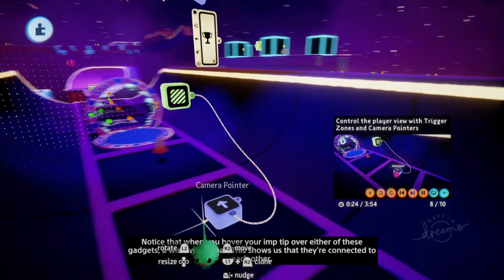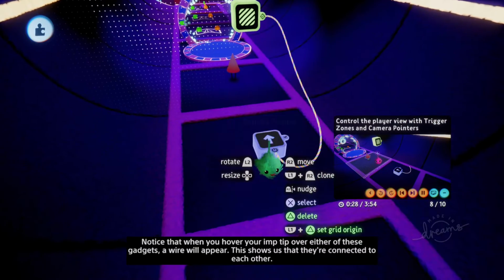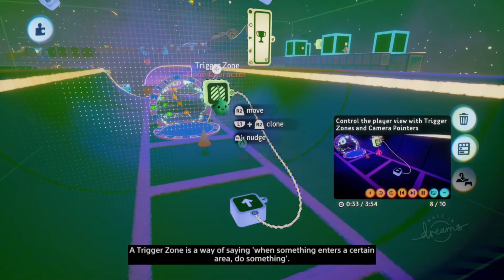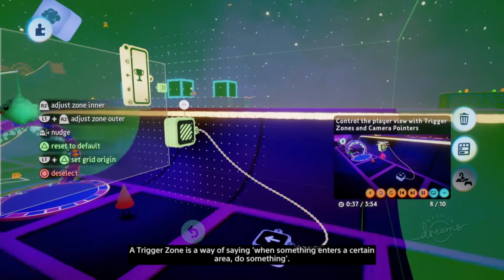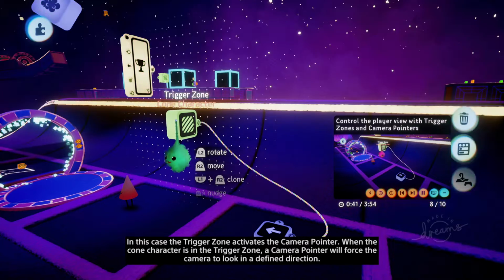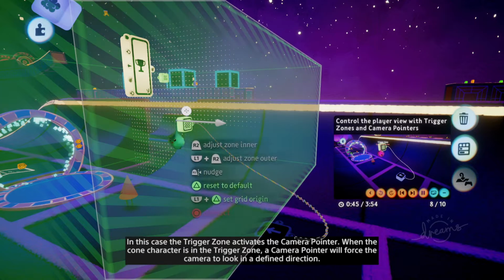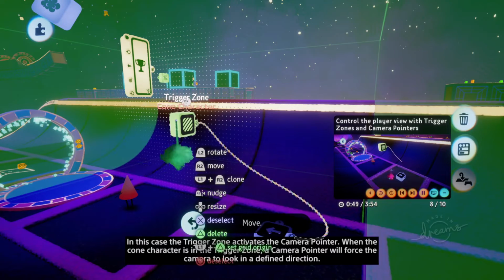Notice that when you hover your imp tip over either of these gadgets, a wire will appear. This shows us that they're connected to each other. A trigger zone is a way of saying, when something enters a certain area, do something. In this case, the trigger zone activates the camera pointer. When the cone character is in the trigger zone, a camera pointer will force the camera to look in a